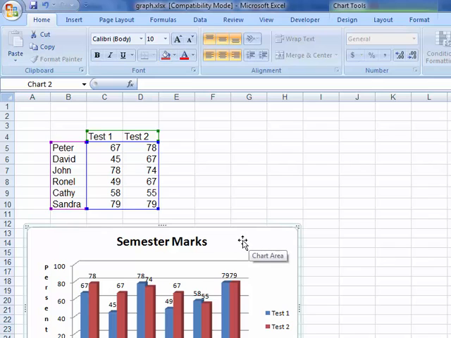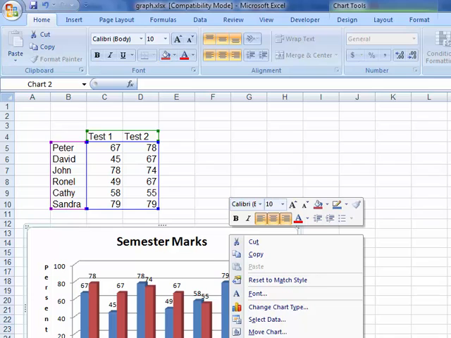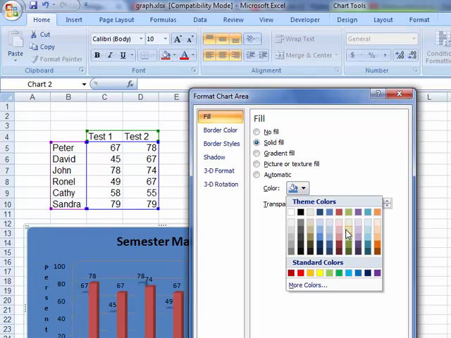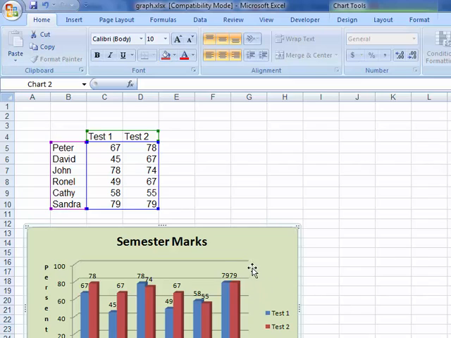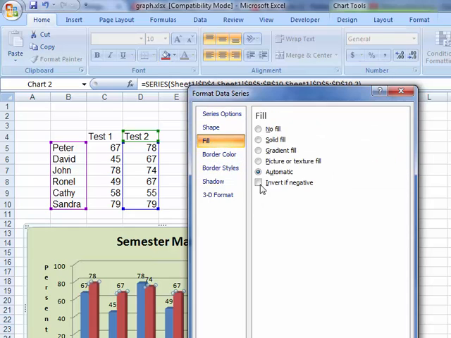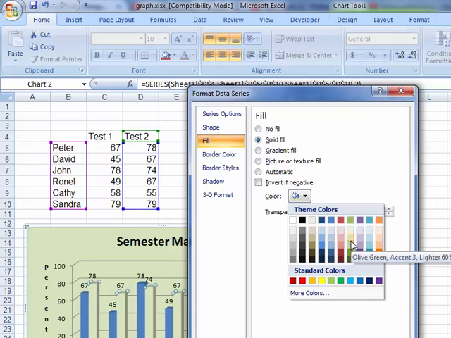If you want to change the color, maybe you could just right click on that area there. You can say format chart area. Maybe want to give it some fill color there, maybe a nice solid fill, and give it a nice light color. Maybe that's the one you want. And you can also right click on any of the other areas. If you don't like the red, you can click there on that column, and you can say format data series. Let's just go there, and I say fill, say solid fill, and let's say I would like to have the dark olive green over there,